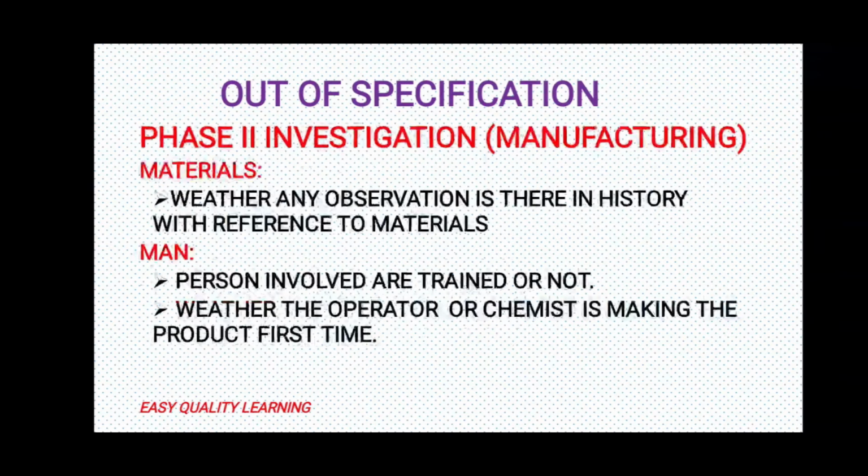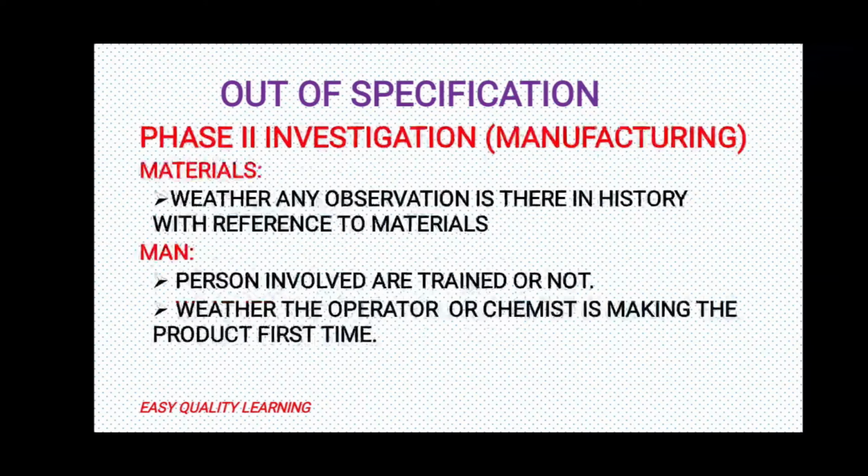Whether any observation is there in history with reference to material. So we need to check the history of the product, whether any similar failure is observed due to faulty materials. So that also we need to verify, and similarly we need to find the reason in this particular investigation also. Then